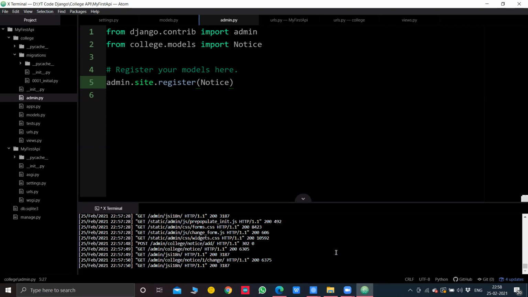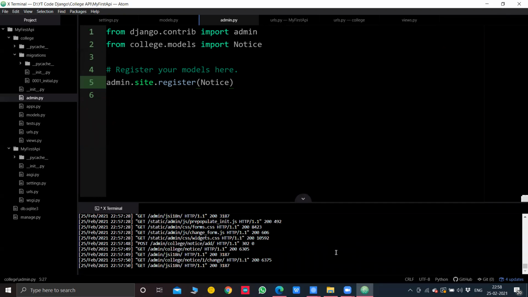After we add, we can see it shows the items, it shows the notice objects and everything. Now, in order to display the column values like subject, created date, etc., we will mention the admin class inside the admin.py.